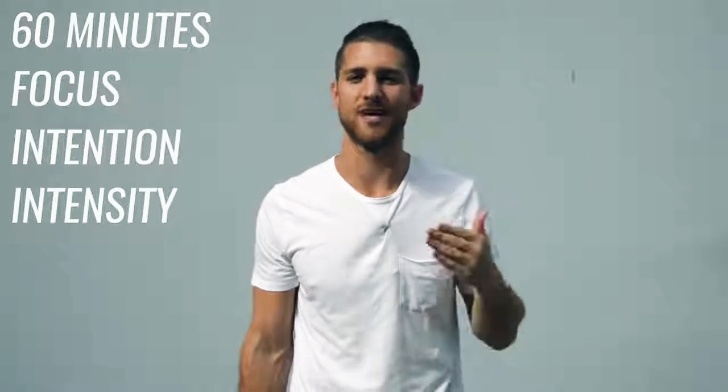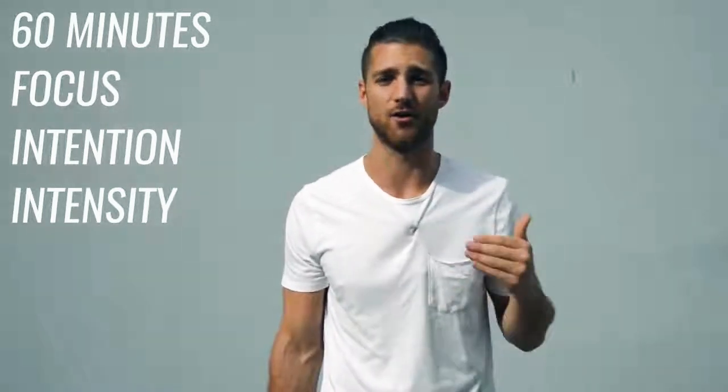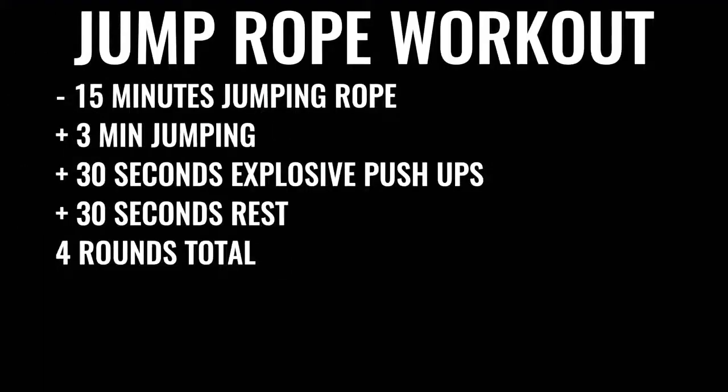When you go to the gym, you dedicate yourself for 60 minutes straight, give it everything you have, and that's how you're gonna get out of there in only 60 minutes. So you're gonna start off by skipping rope for about 15 minutes. When you're doing that, you're gonna give yourself about 3 minutes of skipping nonstop, followed by about 30 seconds